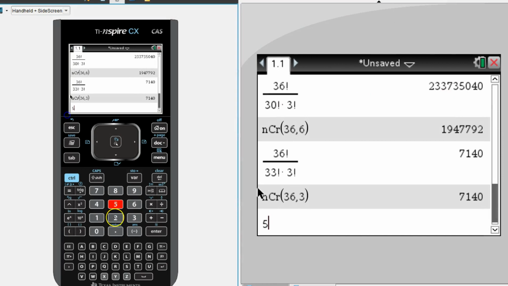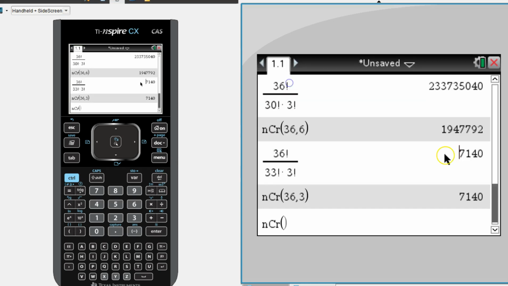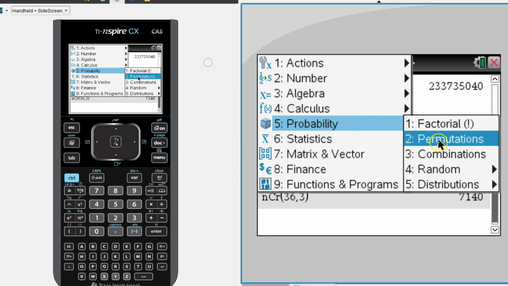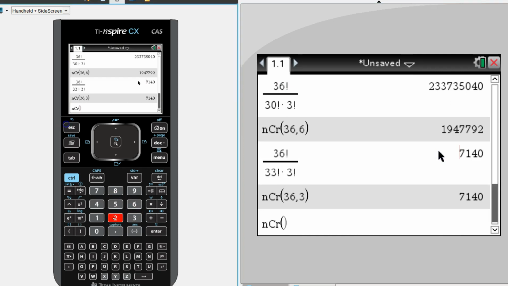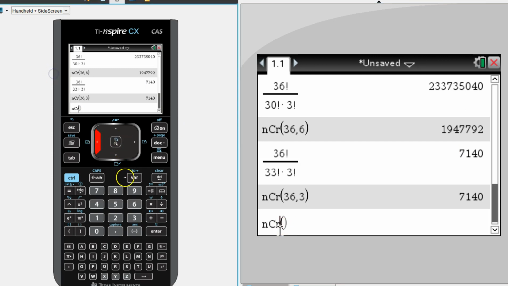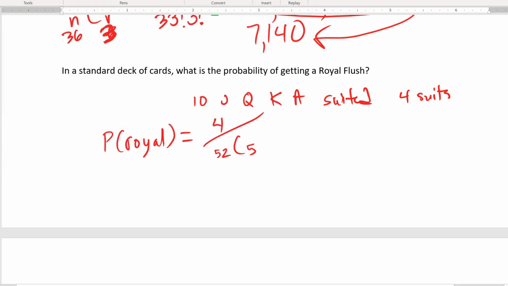So we have 52, I'll just use the choose here. Probability, combinations, 52 comma 5. So there are, what is that? 2,598,